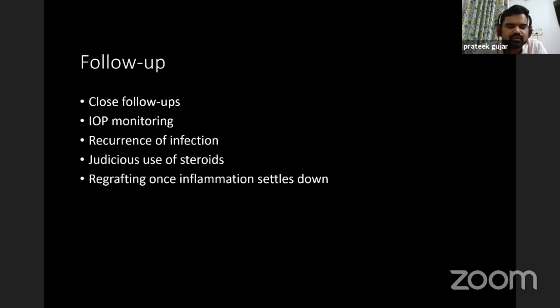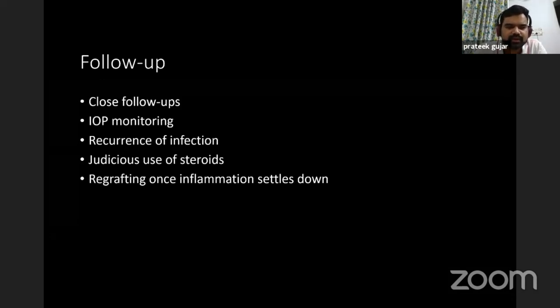So you might want to add anti-glaucoma medication, and in very rare cases you might require a trabeculectomy with mitomycin C in the post-operative period. There is a chance of recurrence of infection, which you have to discuss with the patients preoperatively. So you have to make a close follow-up, and a very cautious use of steroids is required in these cases,